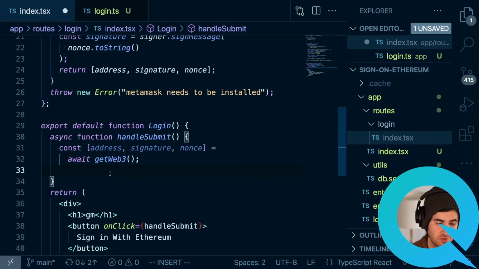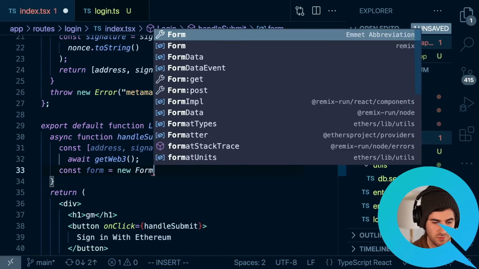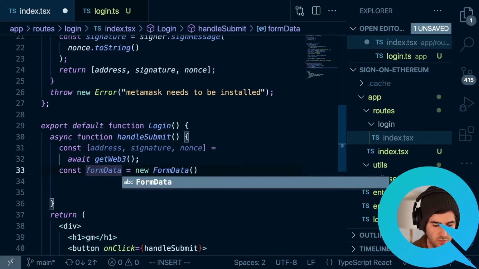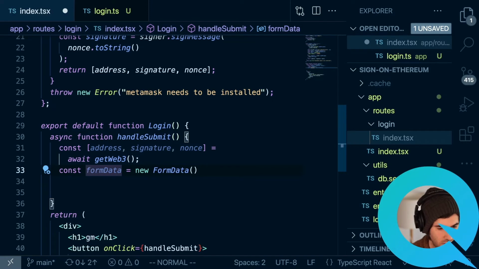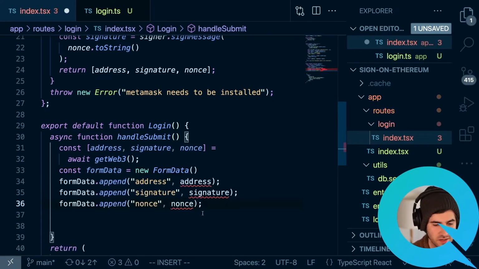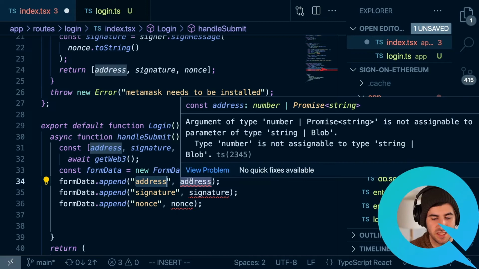And to do that, we're going to need to create a virtual form that we can actually use to submit. And so we'll say const form is equal to a new FormData. Actually, this will just be FormData, since it's not the actual form, it's just the data that's going in there. And then we're going to use this append method. If you're imagining an HTML form, the ID would be equal to address, and that would be the input field. And so what we're going to submit is this address.